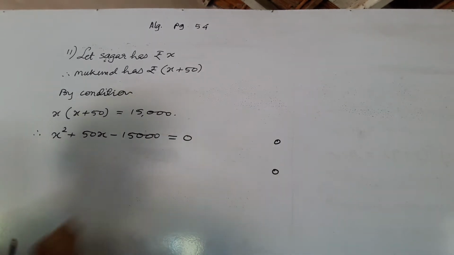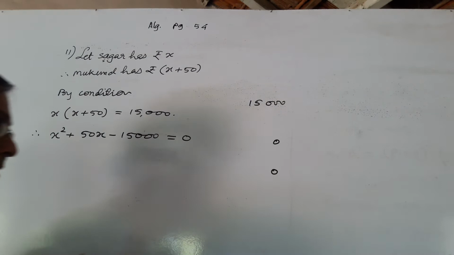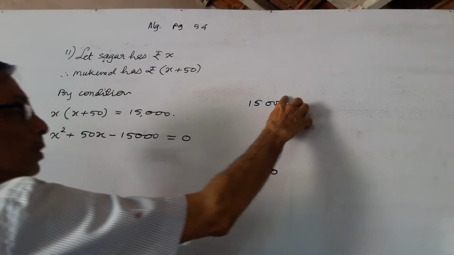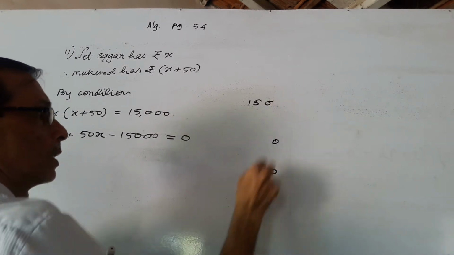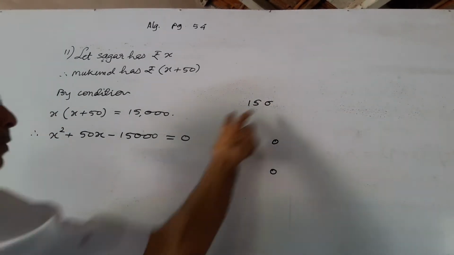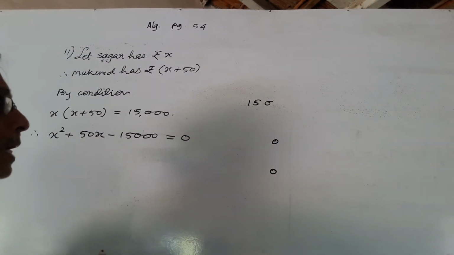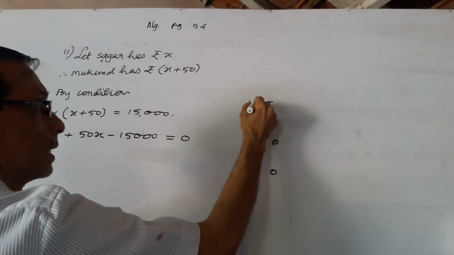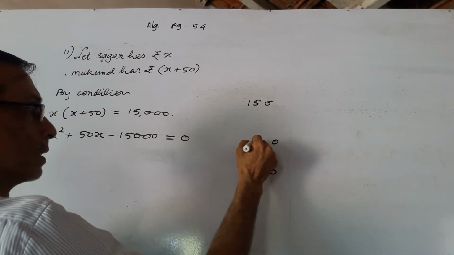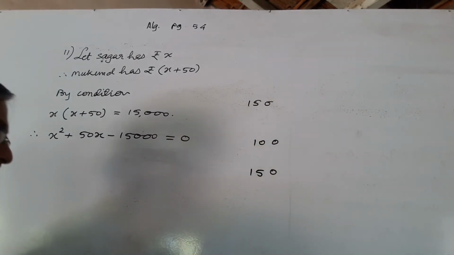So these two zeros have gone. Once again, we have to divide 15,000 into two numbers such that the difference of the two numbers will be 50. Therefore, one zero is written here, and the second zero is written here. Now 150 remains. We have to divide 150 into two parts such that the difference will be 50, and we know that 100 and 50 work.